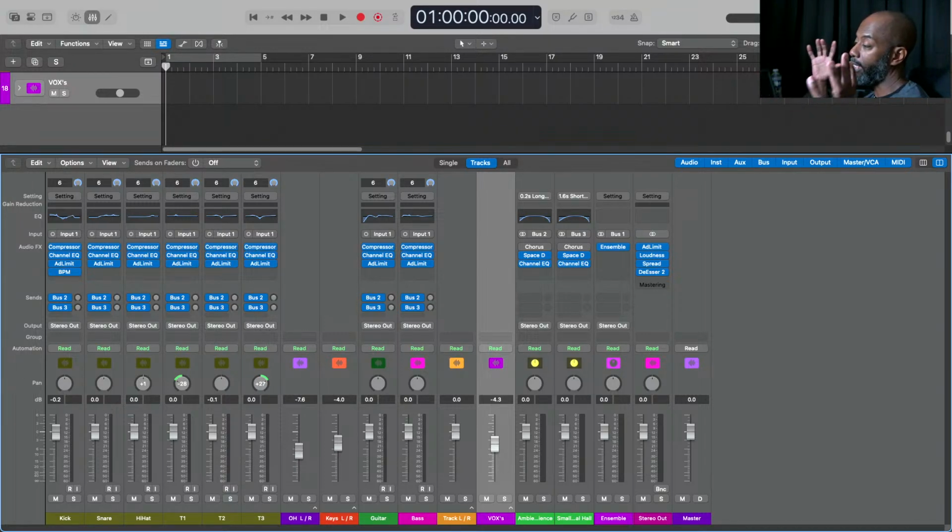So if you have all that sound and all that energy coming through, your ears for the most part, even if you have on headphones, you're going to hear some of that energy coming through. You're going to feel it in your body. It's going to affect the way you perceive that sound. And then that is going to in turn make you make decisions that are probably not best for your intended application. So if you're planning on mixing a live stream from, say, Logic or a similar program, it may not be the way you want it to